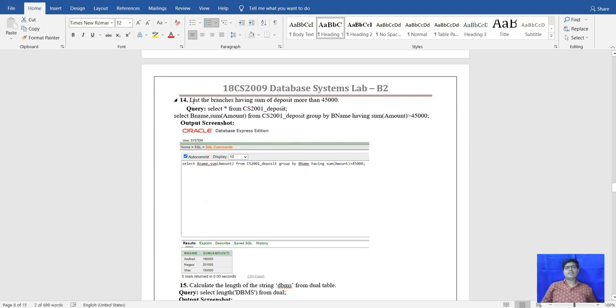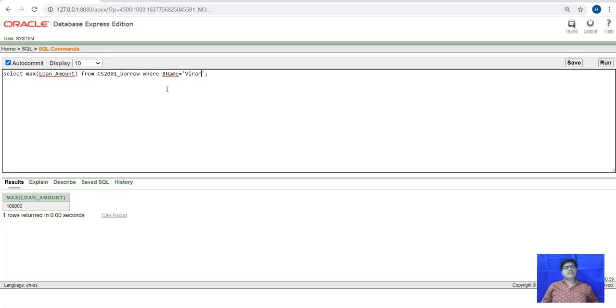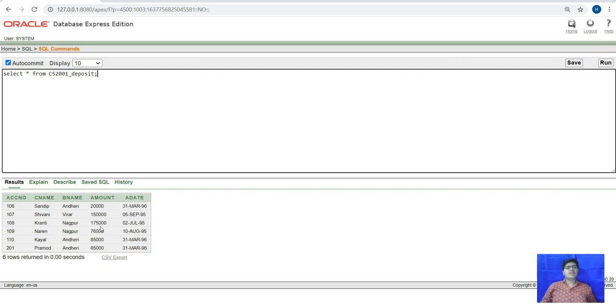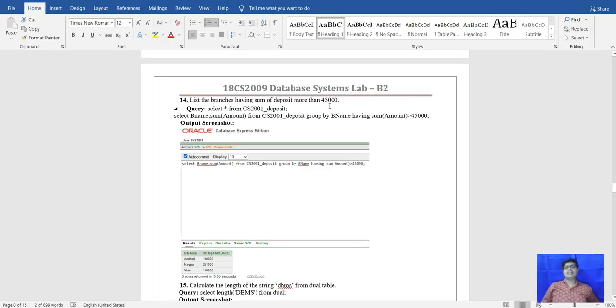The 14th question: list the branches having sum of deposit more than 45,000. First we check what amounts we have, here we have all the amounts. Next we list the branches.